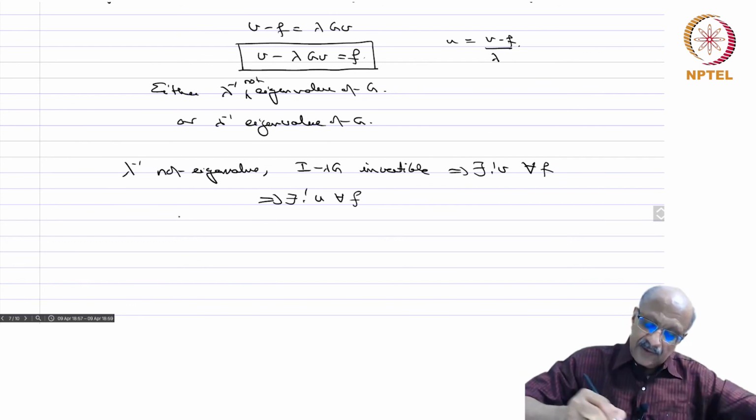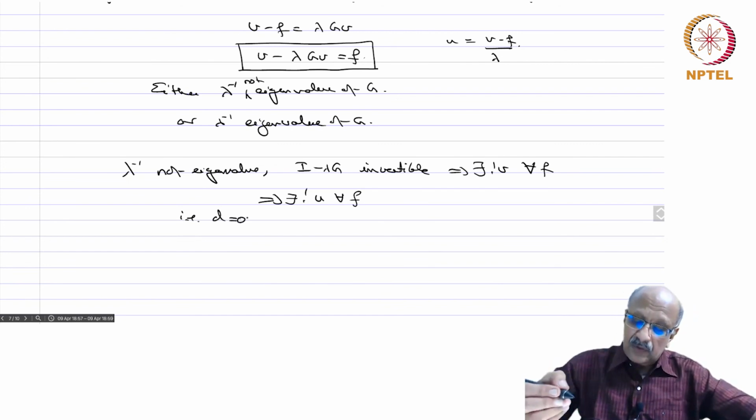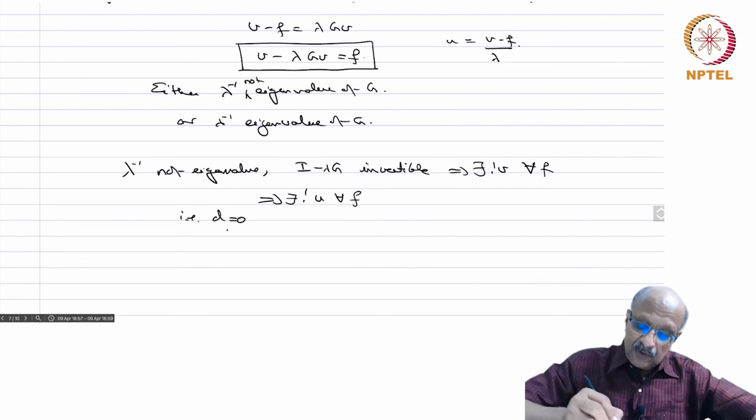Okay, that is D equal to 0. The set of all solutions for which f equals 0 is the zero solution only, and therefore D equals 0. If lambda inverse is an eigenvalue,